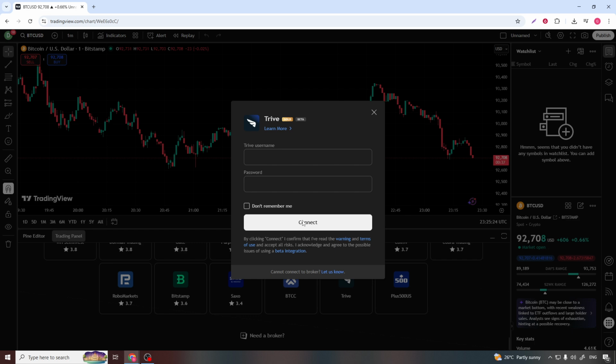From this point on, you can place trades directly from the Tradingview chart using your Trive account, manage open positions, and monitor your trading activity in real time, all from the same interface. That's all you need to do to connect